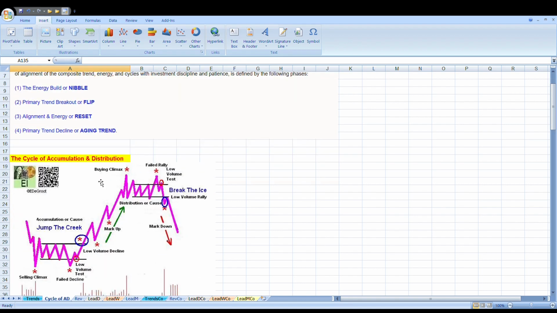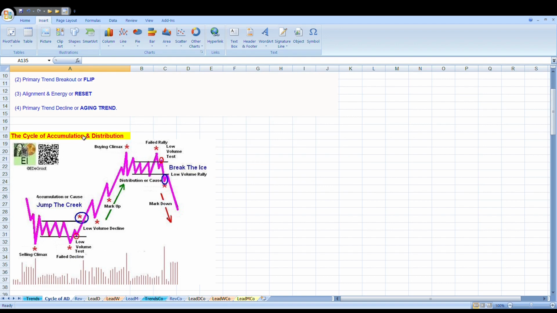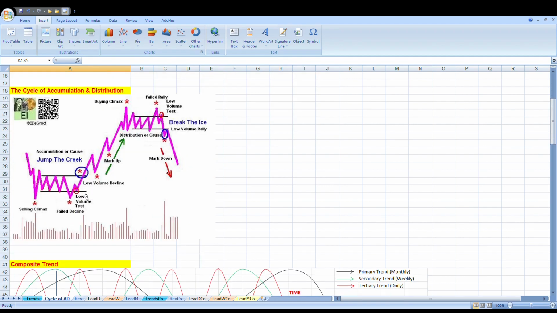But we're not really talking about that today. Today we're going to introduce the cycle of accumulation and distribution. Again, it's something we've talked about on and off. We use terms like jumping the creek and markup and markdown and cause building, but these are something